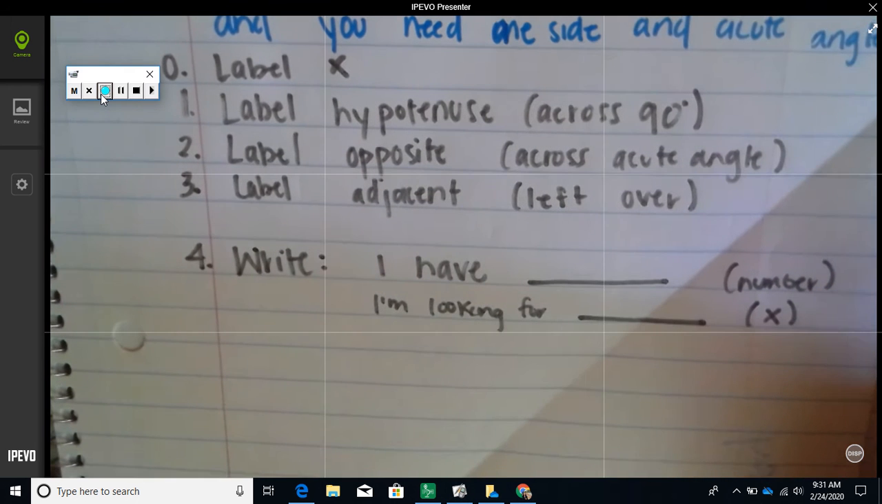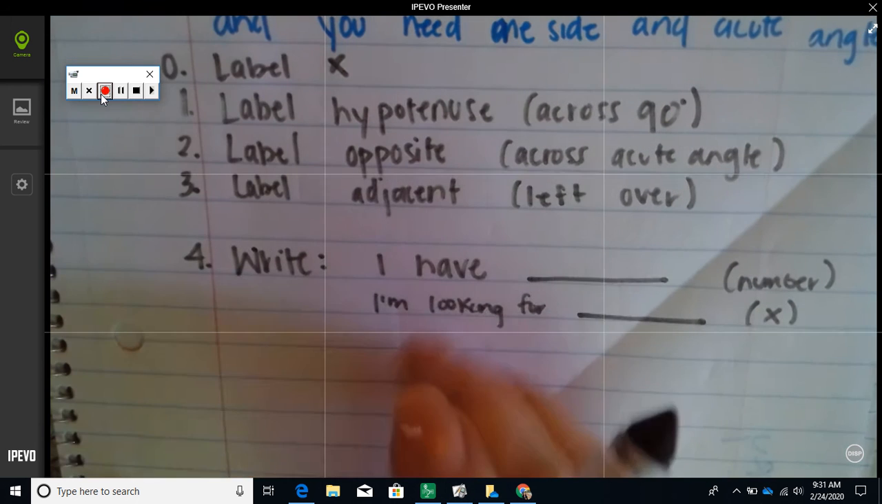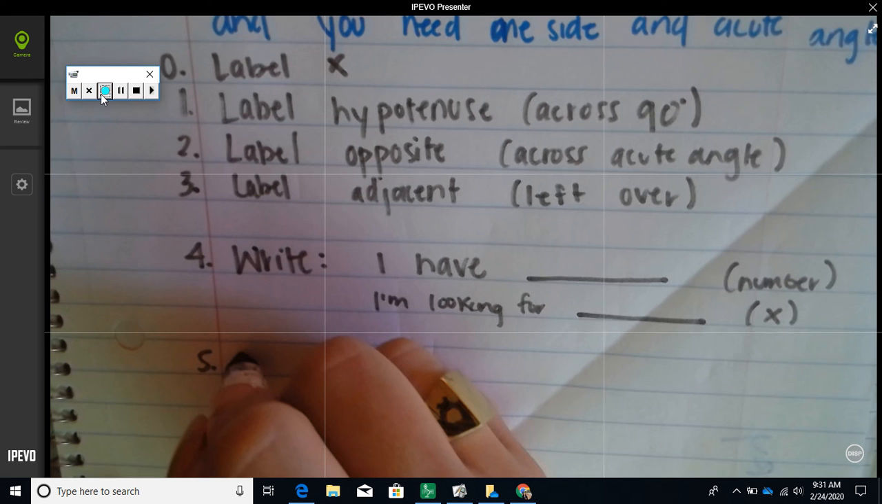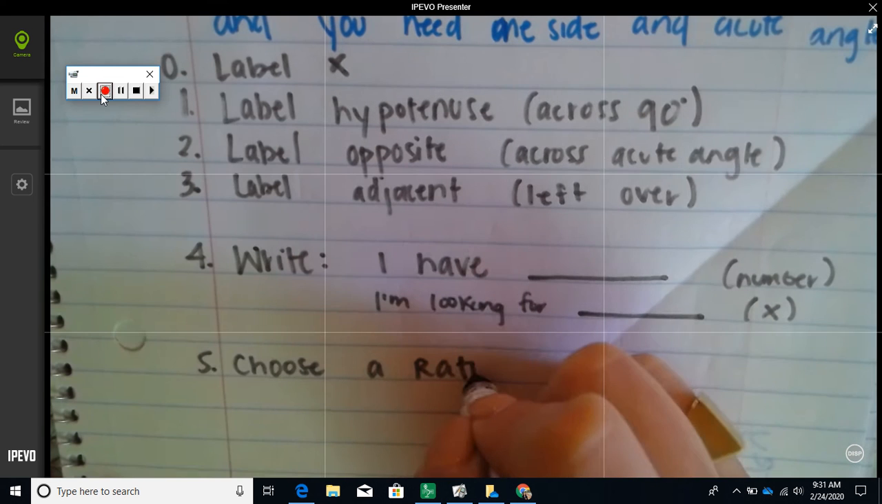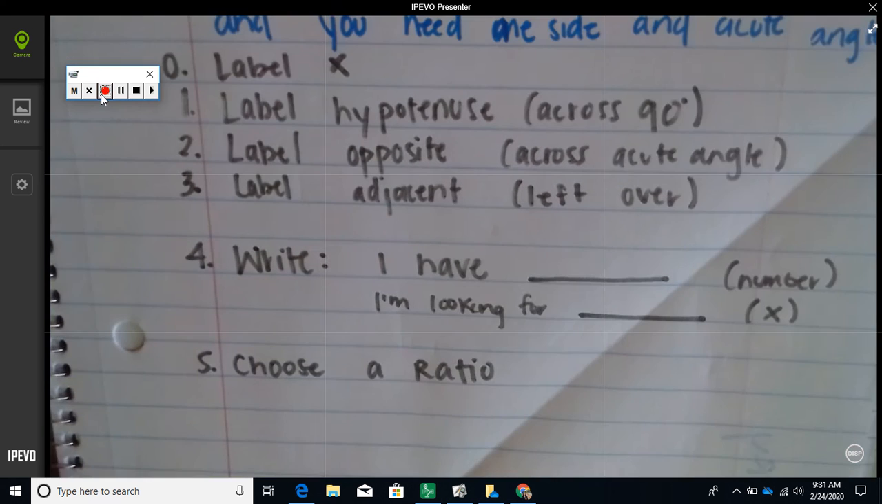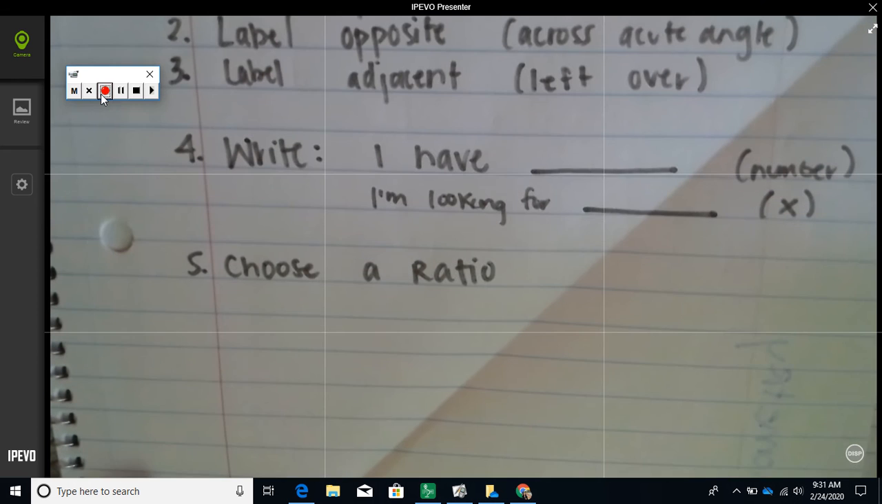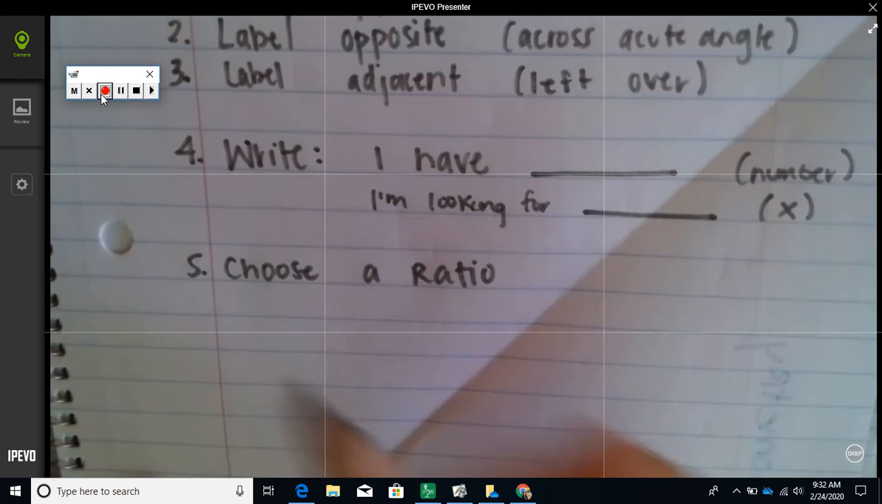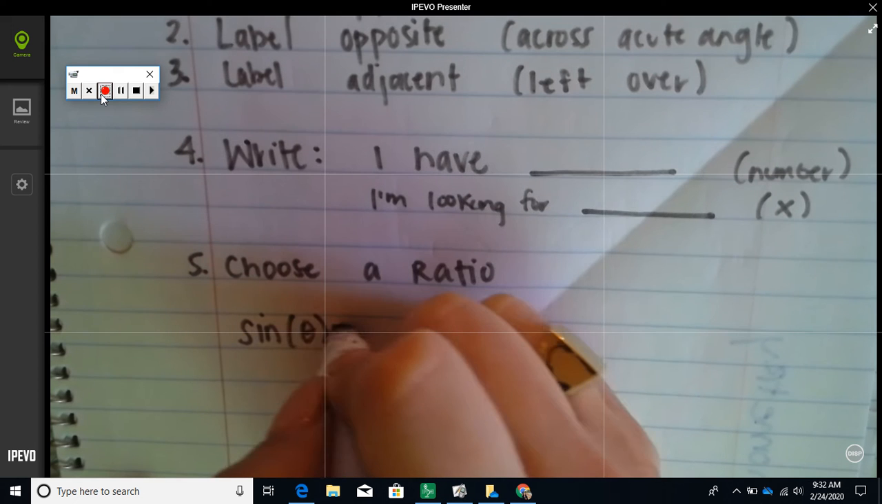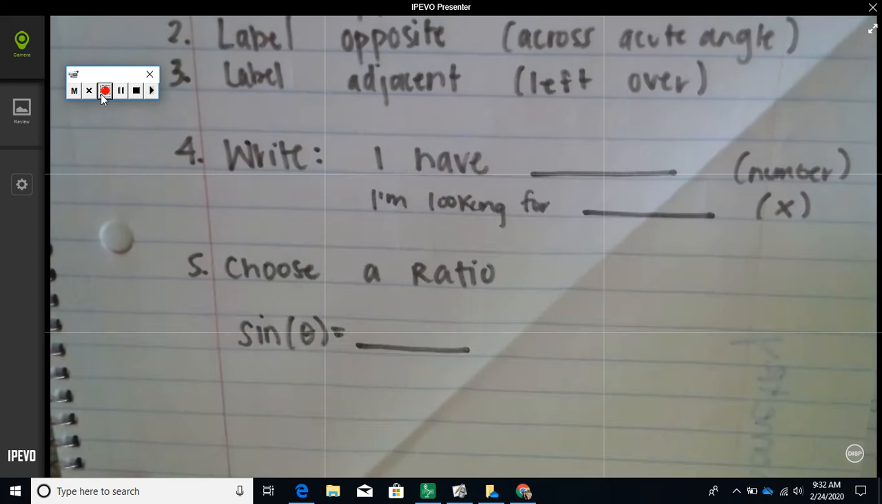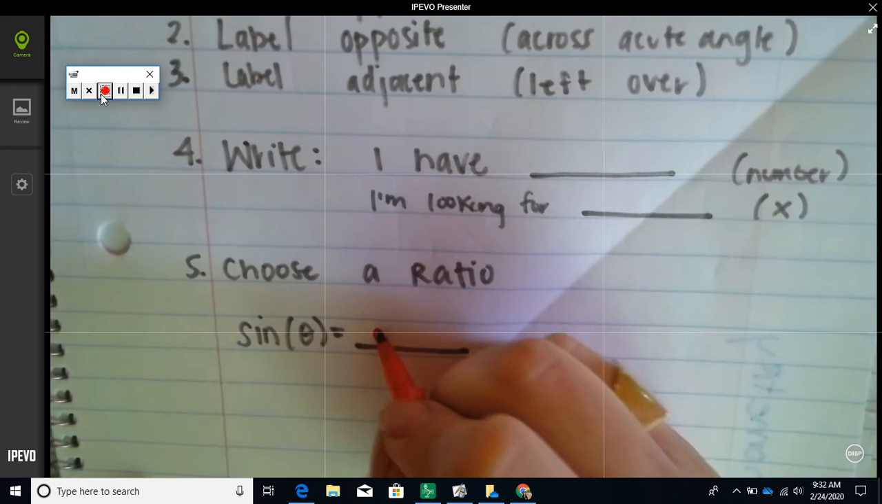After you do this, you're going to choose a ratio. There are 3 trig ratios. First one is called sine of your angle. Sine is opposite over